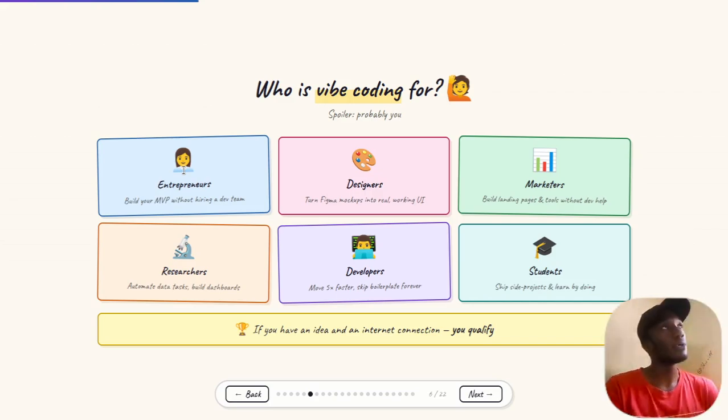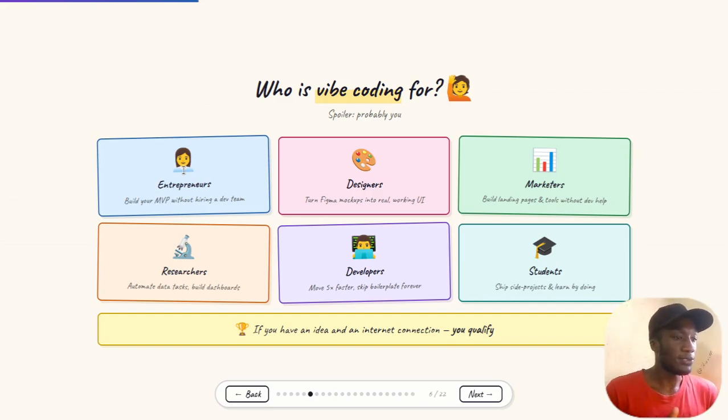Designers, recently there was a tool which came up from Claude. The AI turns Figma mockups into real working UI. Like, I think it's Claude Code. So now you have Claude Design. We had Claude Code just for technical work, but now you have Claude Design which actually builds Figma designs for you on Claude. Thanks to Anthropic for coming up with this innovation, which has been great for us non-designers and non-technicals.